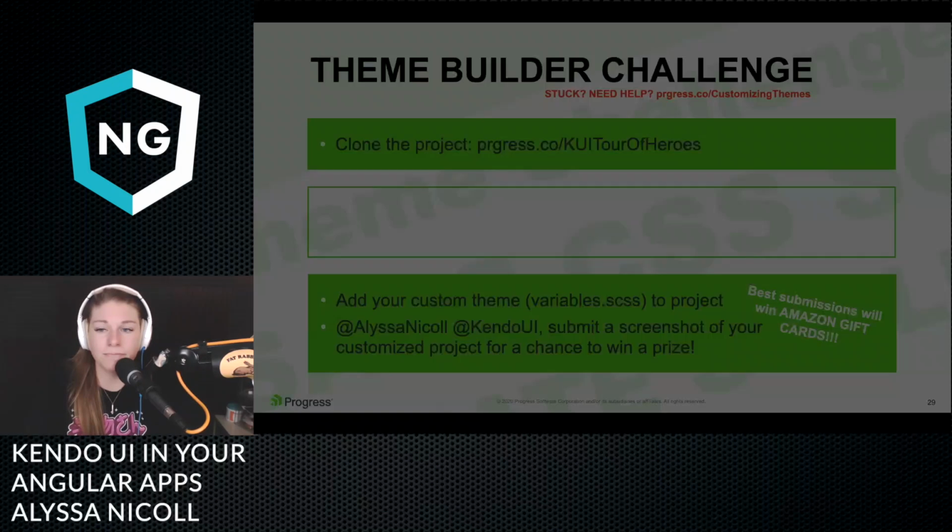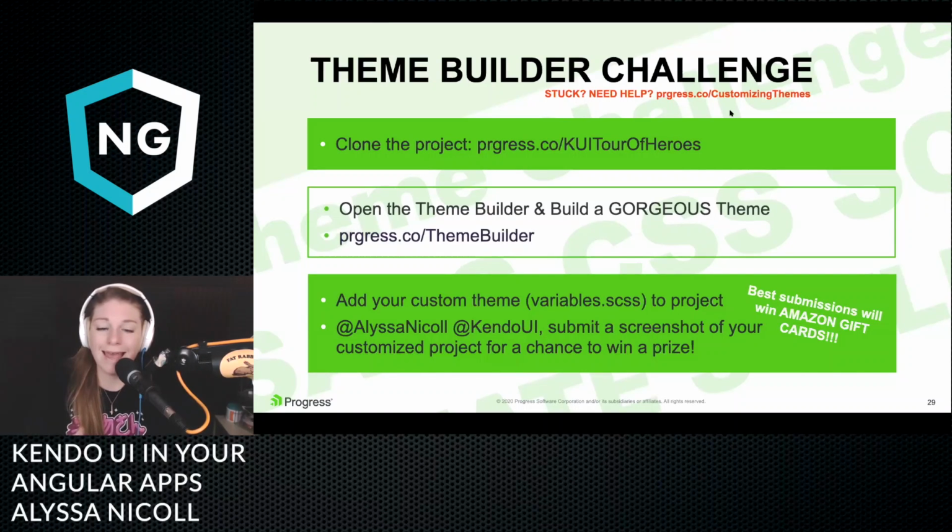Save, press play. So yeah, add your custom theme, the variables.scss, to the project. You don't have to do it the way that I did it. You can do it any way that you want. You just have to get the theme working and then make a screenshot where I can see the theme is working. I know there's not a ton there. Maybe open the drop down and screenshot that, or you can go ahead and add something in. You have all night to make this happen, but the best submissions that I like the most will be sent